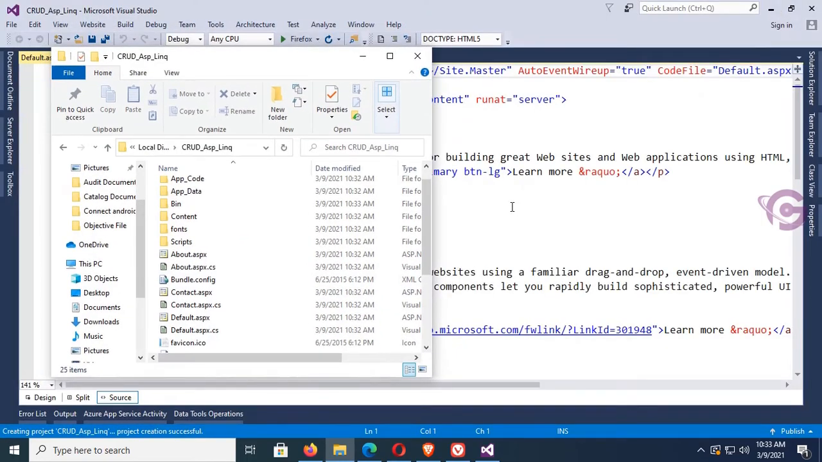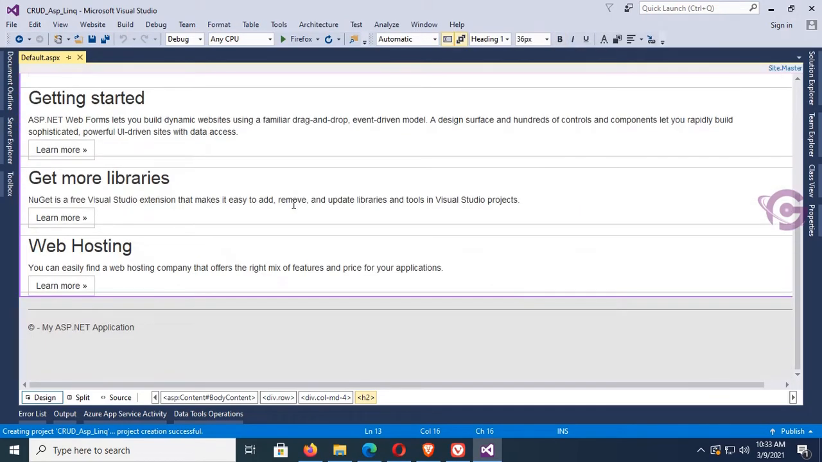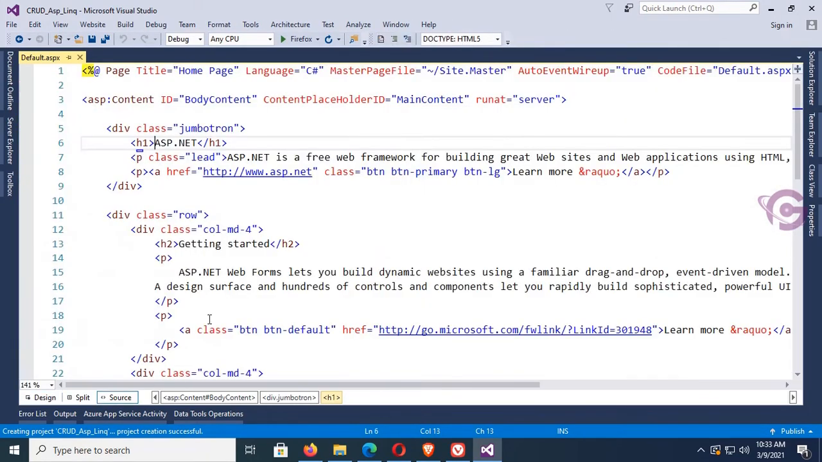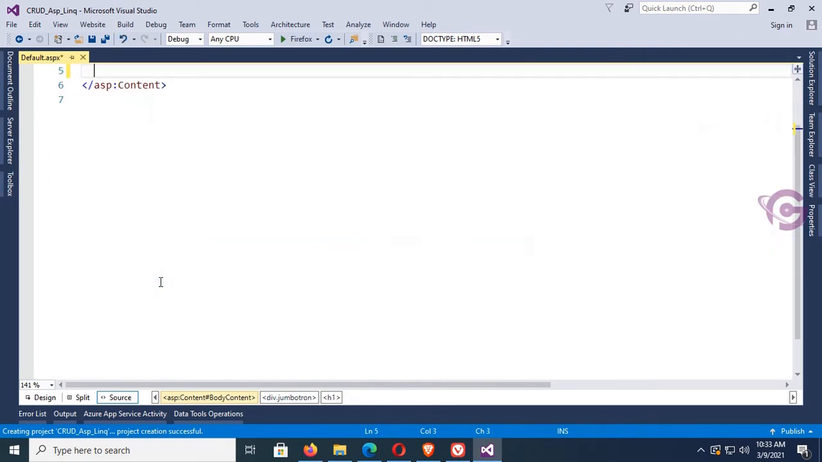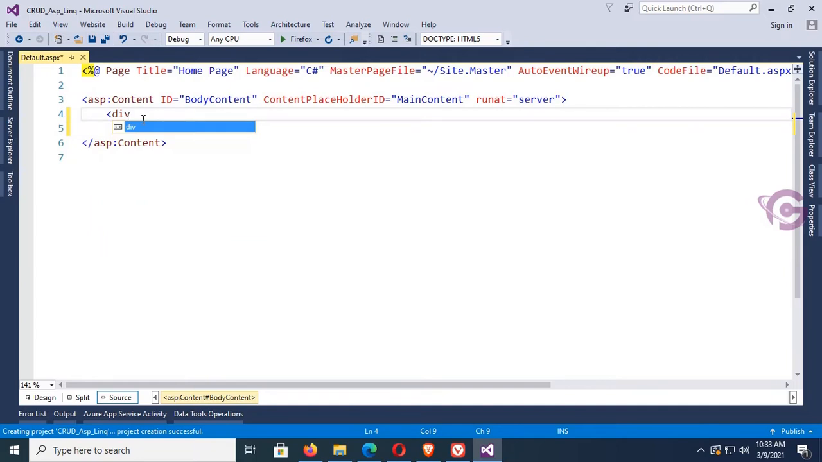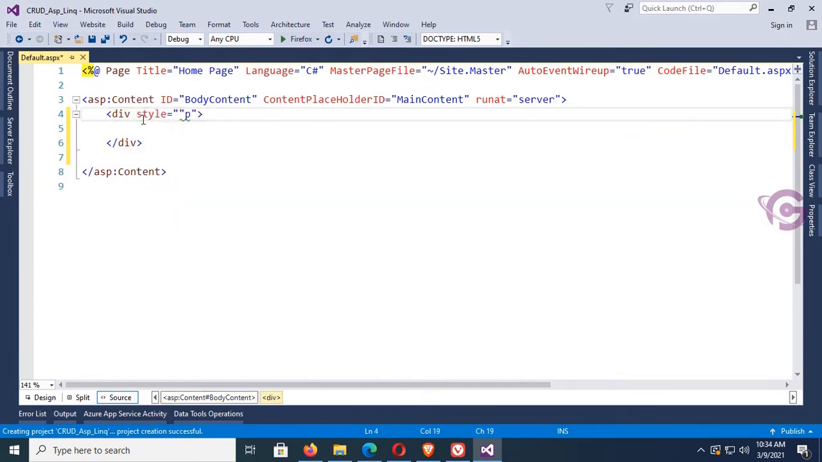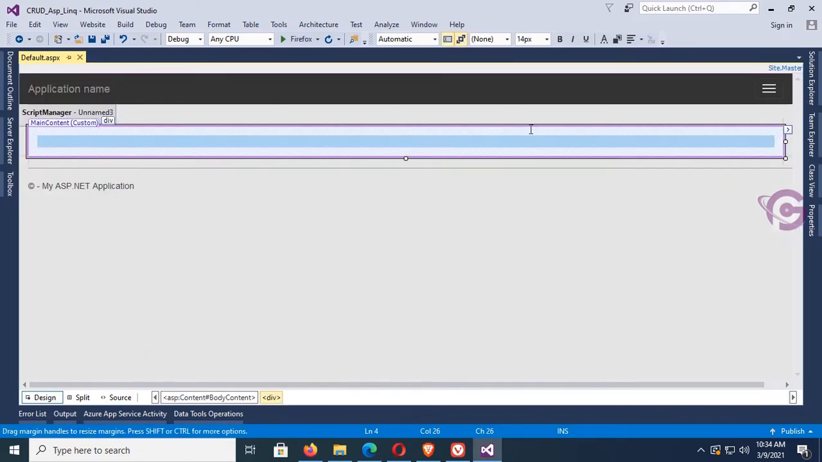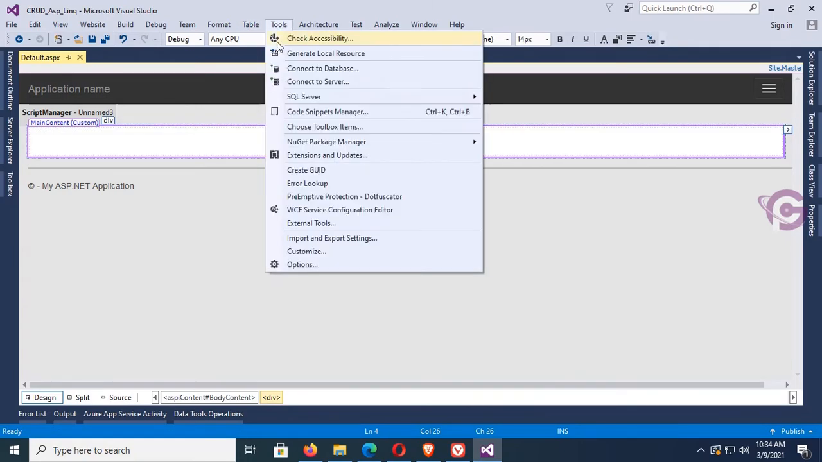Okay, these are the default tags and text. Now I'm gonna remove all the text and I will design it newly. Okay, now I'm gonna add a div tag. Div style equal to padding 15 pixel. Okay, padding is added. Now click on the Table menu, Insert Table,